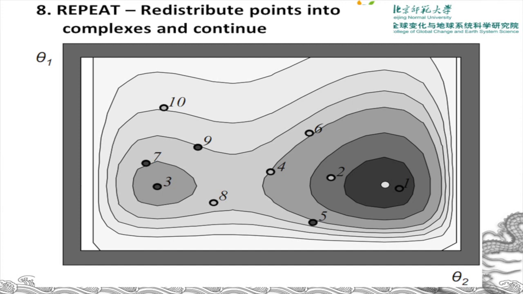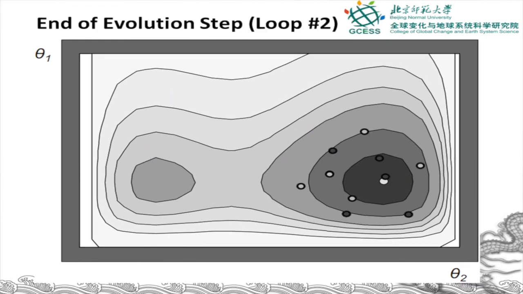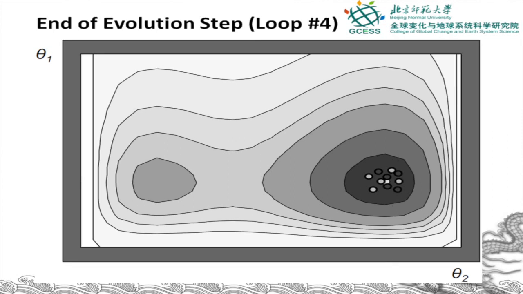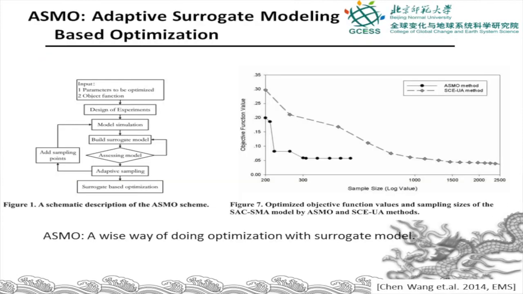And probably I don't think it's easy to just say in one minute how it works exactly. But anyway, this is an illustration of how this thing works. And we have another algorithm called the adaptive surrogate modeling based approach. And this approach